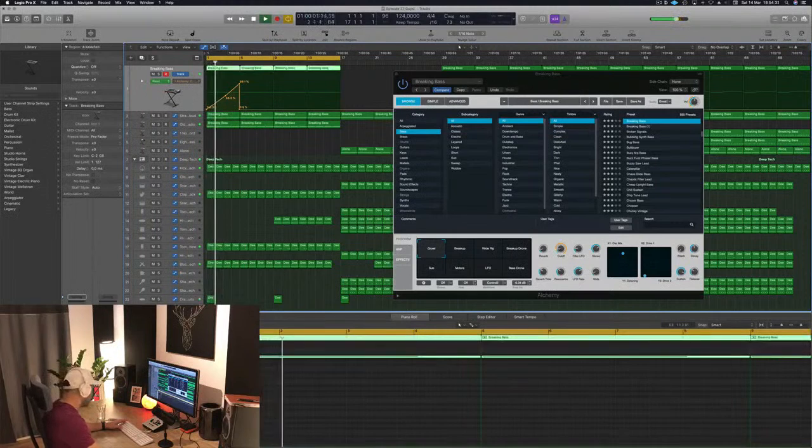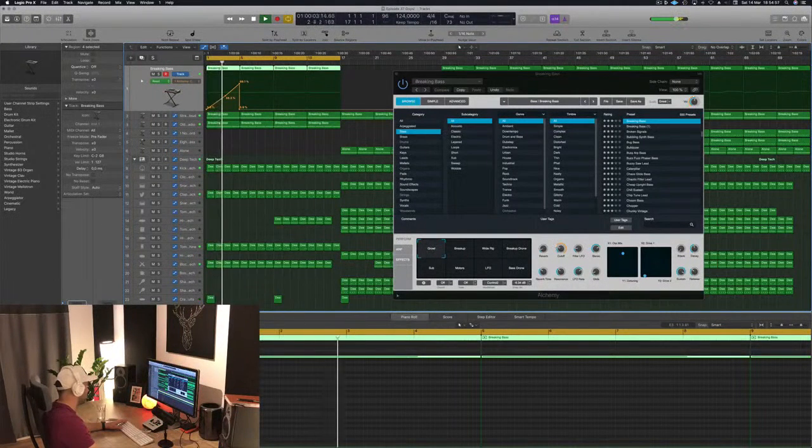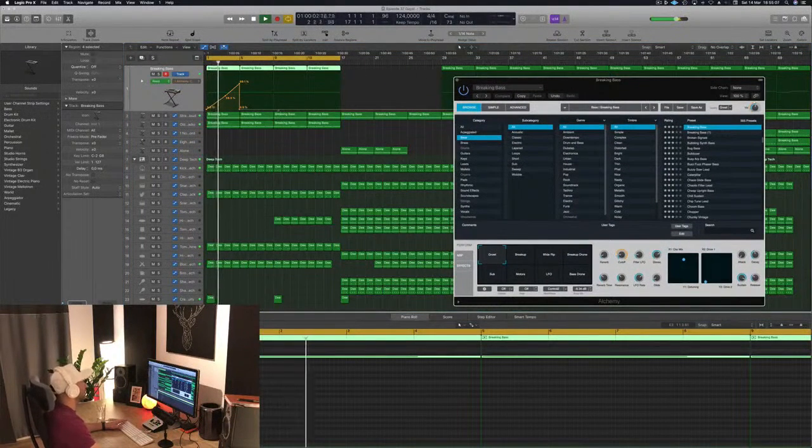If I really wanted to push it, I'm not sure if I have a bus with a reverb, probably, because I usually do that. Oh, there's a Delay Designer here. That's what I'm looking for. Do I have a reverb here? I don't even have a reverb in this track yet. Okay. Well, I'll use the Delay Designer. Maybe it's gonna be of some use. Not really what I was looking for, but it's good. Let's not overdo it.